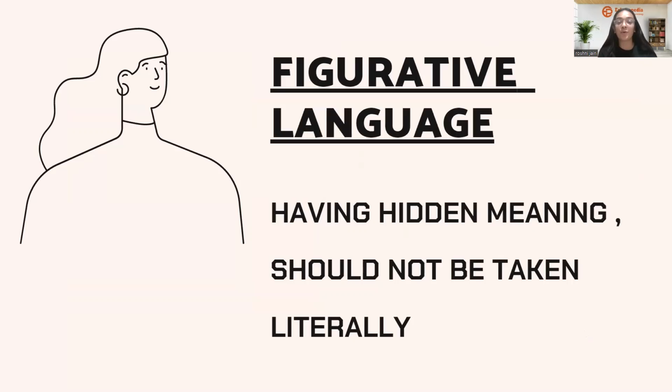Now, this is my most favorite part as it talks about figurative language. There are two types of language. The first is called literal language, which means the exact meaning of what we are trying to convey, the exact and true meaning. On the other hand, figurative language means something that has a hidden meaning in it, a sentence with a hidden meaning, and it is the responsibility of the readers to read between the lines. But remember one thing, you should never take figurative language too seriously.